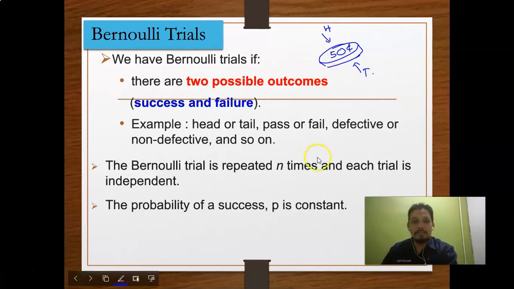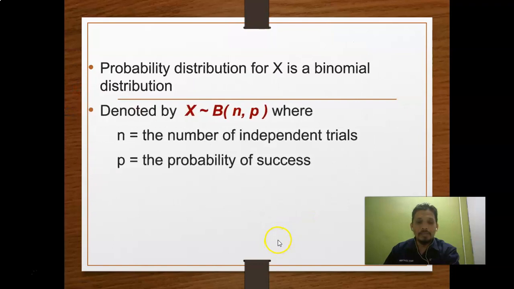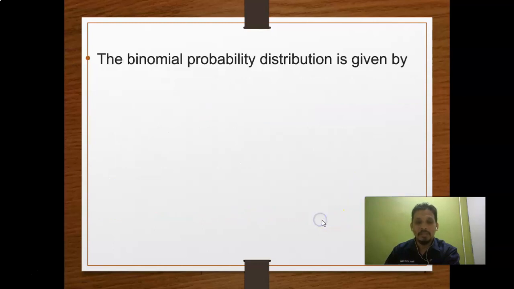Then the Bernoulli trial is repeated n times and each trial is independent. Repeated n times, and the probability of success p is a constant. So the probability distribution for X is binomial. We write that X is binomially distributed, where n is the number of trials and p is the probability of success. It's given by the formula